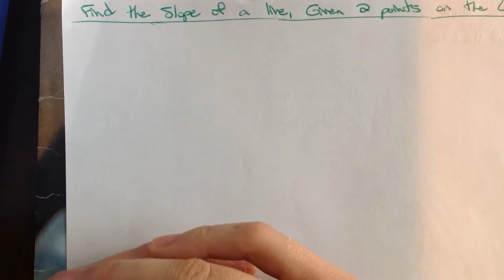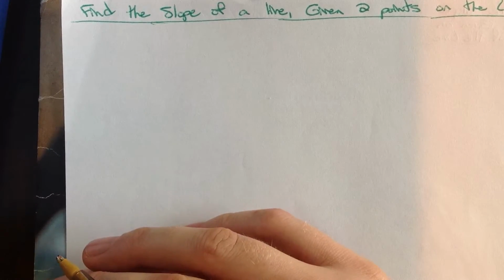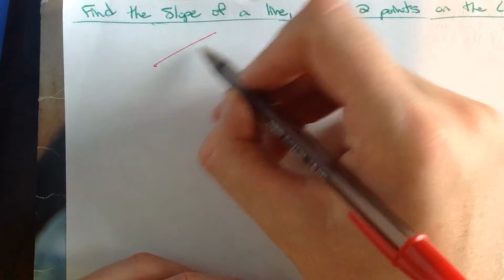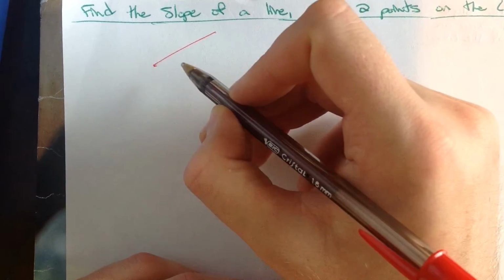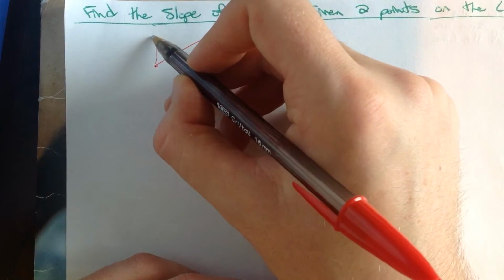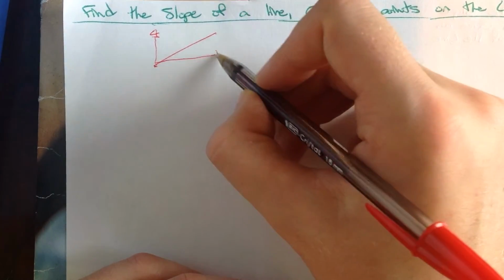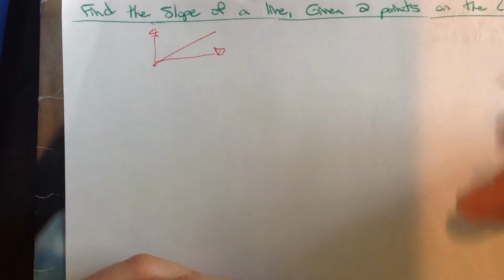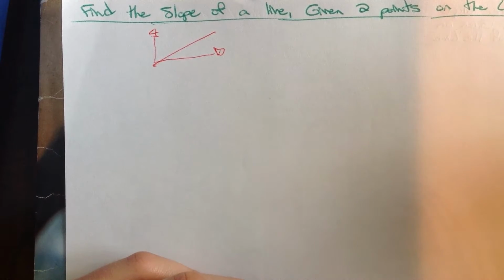So you can think about it, I'm an avid hiker, and when you're climbing a mountain, you have a slope or a steepness to that mountain. So if you have more climb over how far you go, you'd have a steeper slope, or your slope would be higher. The way this works in terms of finding it